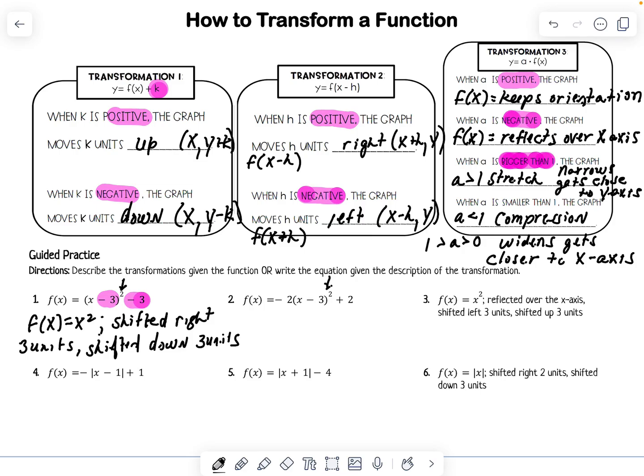Again, it's another quadratic. So I'm going to start with the parent function. Okay? And here I have a change here, a change here, 2 changes there, and another change here. Okay, so what are all the things happening? Actually, let's start with A. We'll start with A, and then we'll do H, and then we'll do K. All right, so A, first of all, it's negative. So I know that it's reflected